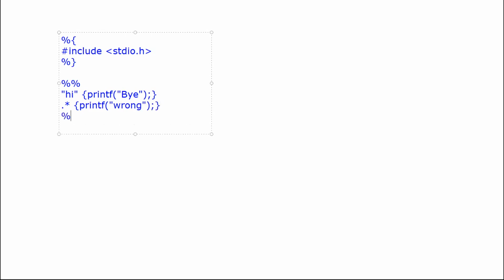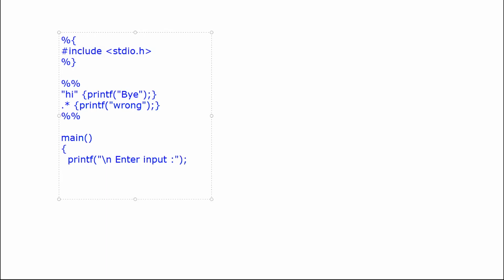And I have closed the rule section. Now what will you do in the auxiliary function section? I will write main, and inside the main I will write printf enter input. Fine.